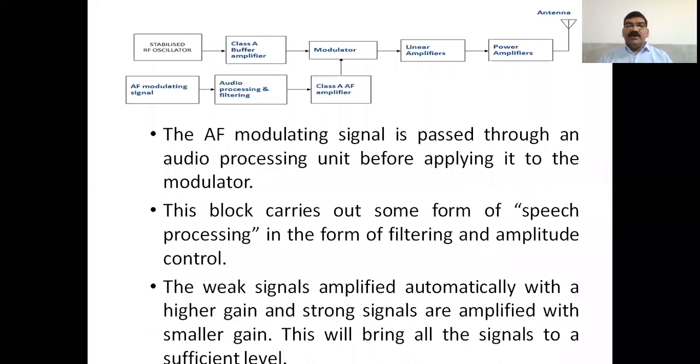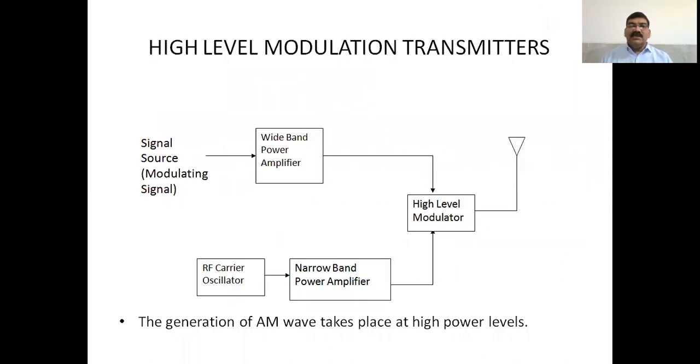Any doubt in this low level amplitude modulation transmitter? This is very simple. Just remember the very first block diagram, then this extended block diagram, and then whatever I have explained in detail. Same thing is here. That is the high level modulator transmitter circuit. Only the power we are using here is the high level, nothing great. As we understood previously in detail, we can understand this also.